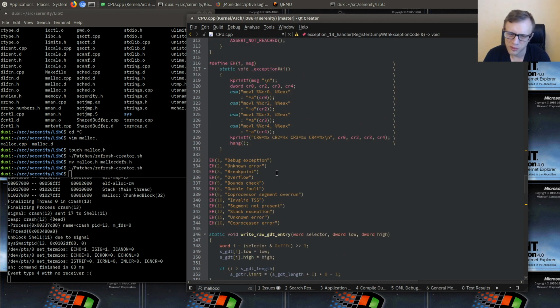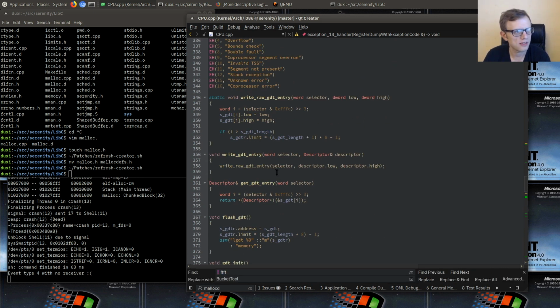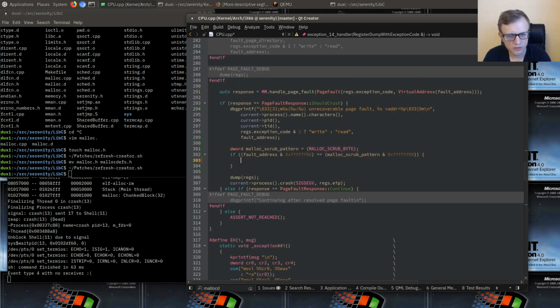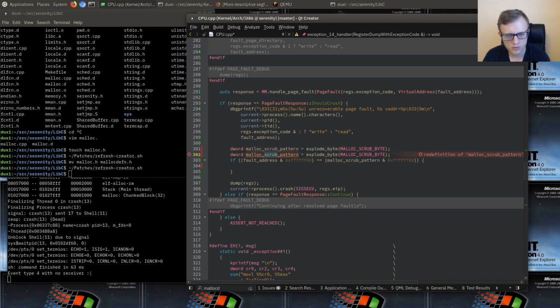All right. Normally I wouldn't be so paranoid, but I am a bit tired. It's the end of the day. It's better to make sure if you're not feeling super confident. So we'll say explode byte. And this would be free scrub pattern. So we'll say if we're faulting at the address, looks like it's a recent malloc, we'll say